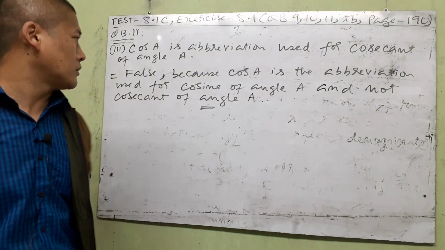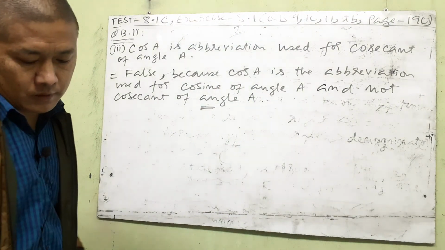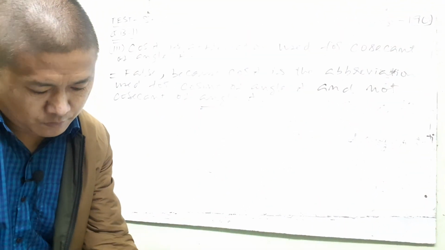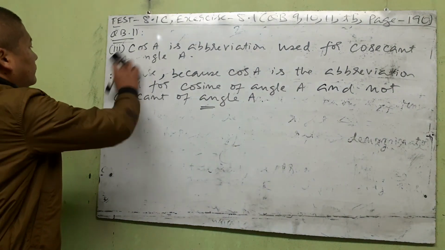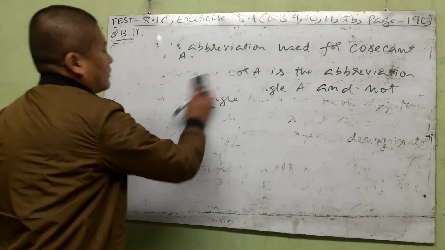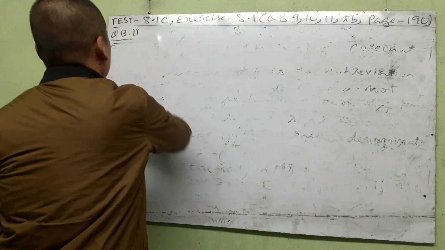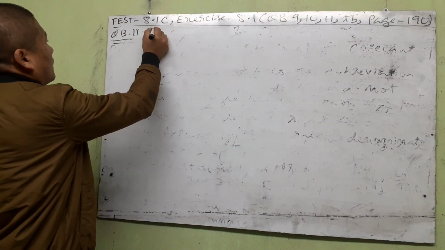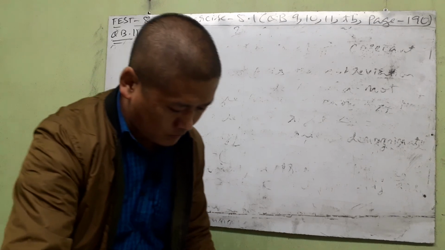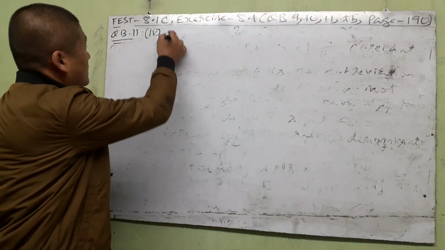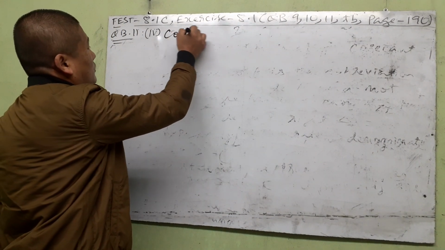So this is false, right? And the fourth one, I think tomorrow, number 4, is: cot A is the product of cot and A. We have discussed this before also. So it should be easy. Cot A is